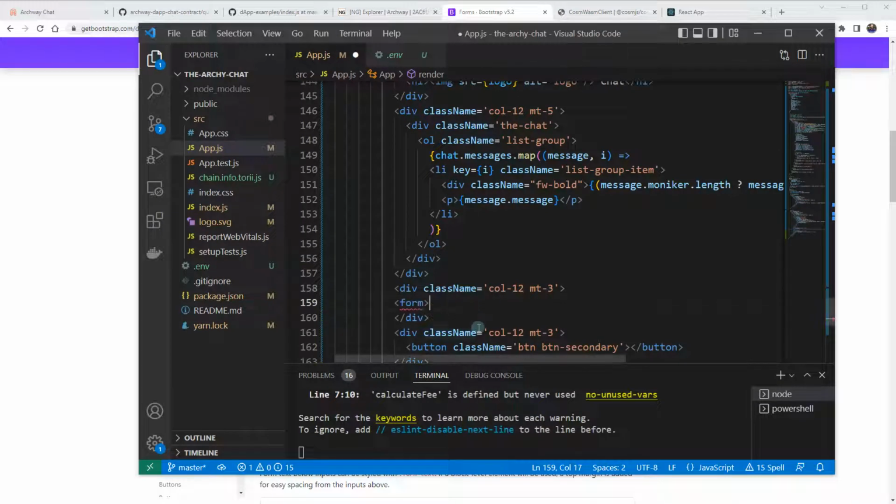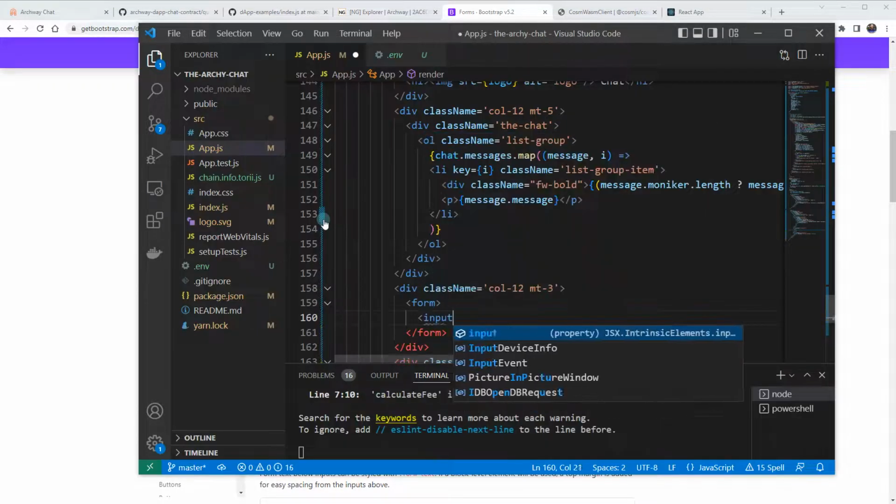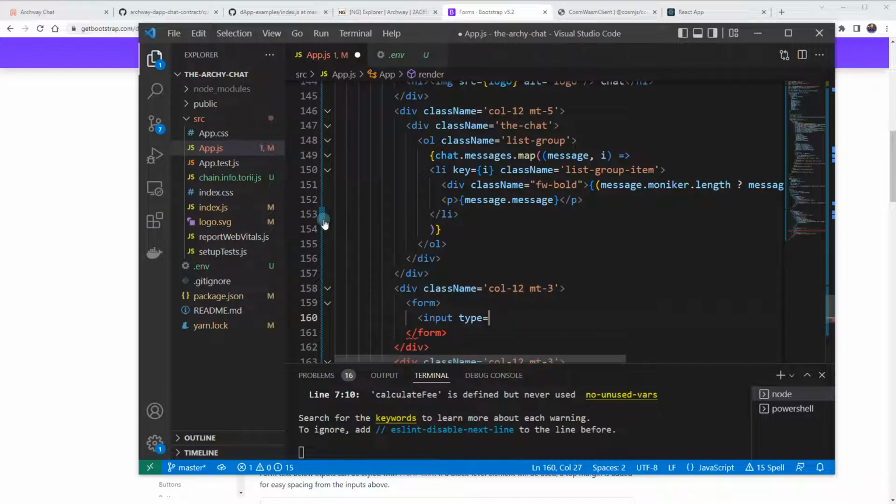So it's going to be a form with input type text, input type text,